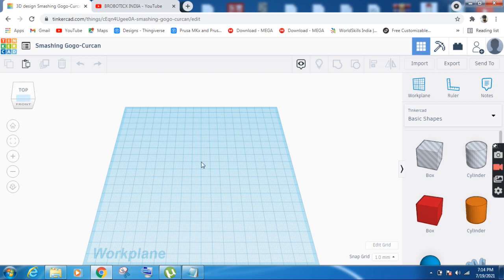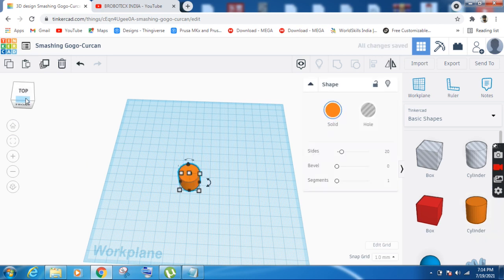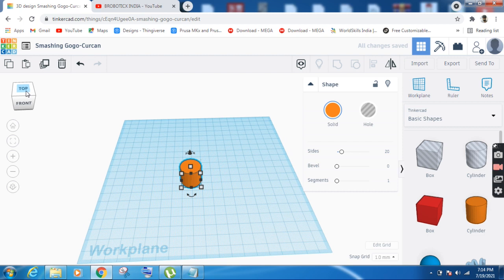So for making a teacup, we have to select a basic shape which is very close to the teacup. So I'm going to select a cylinder from here, because it is so close to the teacup. So I'm taking this. Okay, so I'm bringing it here. Let me click here. So I have clicked here. So now you can see that it is going to appear on my work plane.